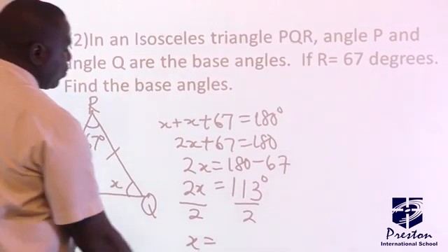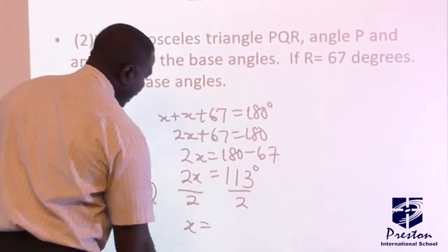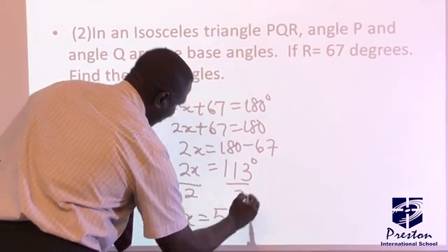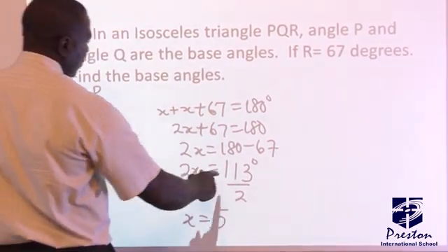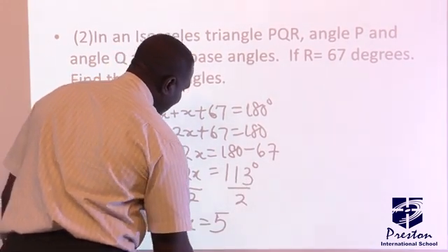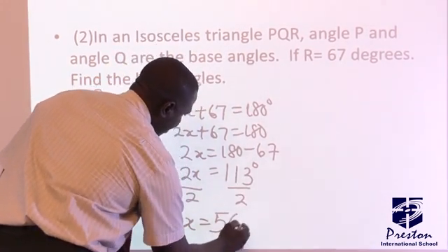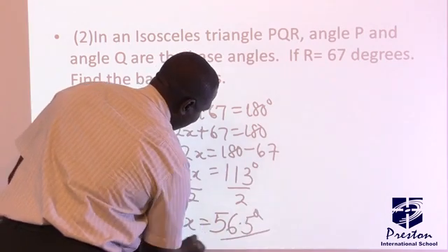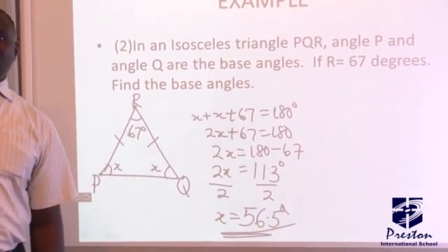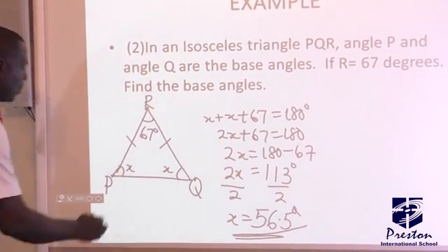When I divide 113 by 2, 2 in 11 will give you 5, remain the 1. You carry the other one, so this place becomes 13. 2 in 13 will give you 6. 56.5 degrees is the value of X. That's the base angle. So each of the base angles is